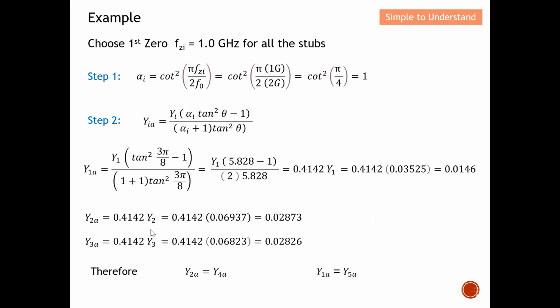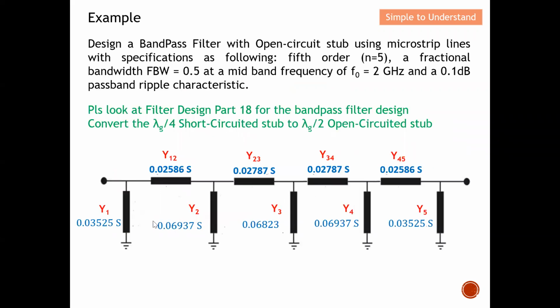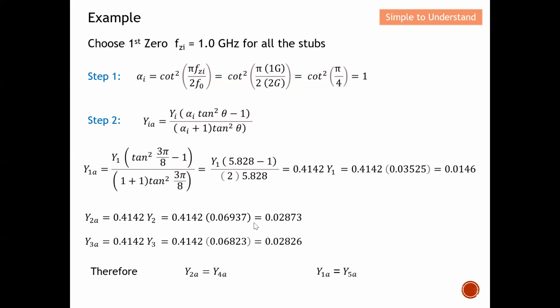So next, it will be easier, because now I already know all these values here. What I need to do is just multiply 0.4142 by Y2, and Y2 is equal to 0.06937, which is illustrated here. Therefore, I can calculate the new admittance for Y2A, which is the upper portion of the open circuit stub, which is